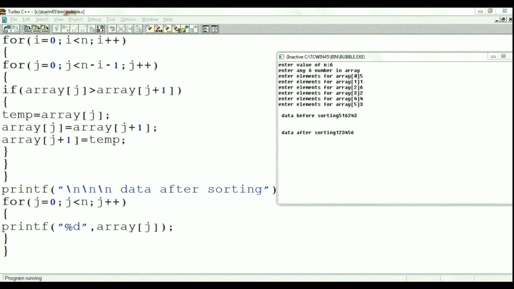At j equal to 4, the loop is terminated because 4 less than 4 is not true. Hence, the j loop terminated. Next at i equal to 2, the next element will be sorted.